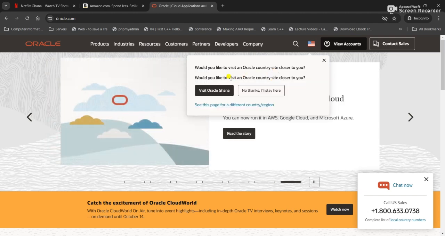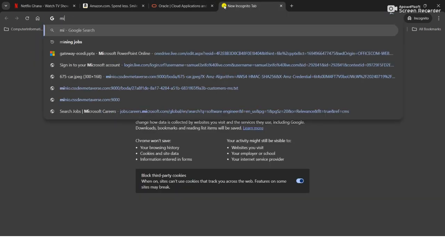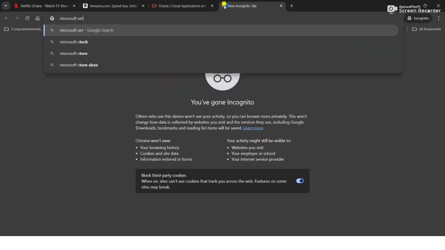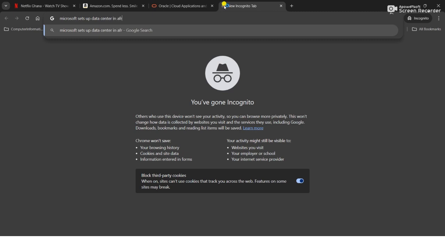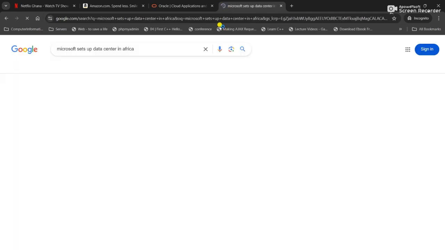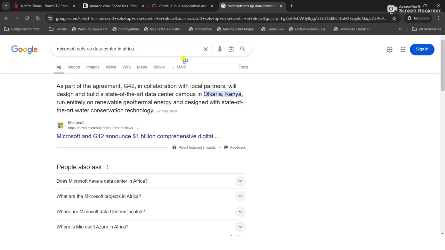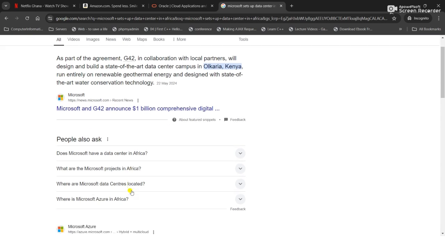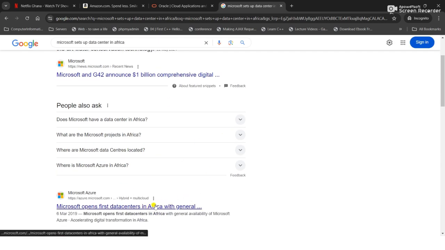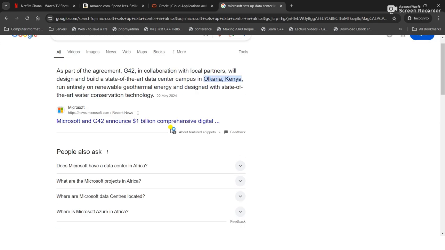So you realize that some organizations, Microsoft for instance, set up a data center in Africa, so that the traffic is routed first within Africa. They don't want traffic routing directly to their servers in America, due to reasons such as, or in case of, disaster.